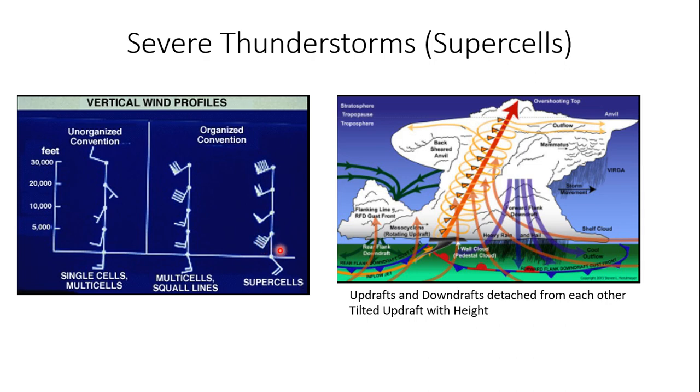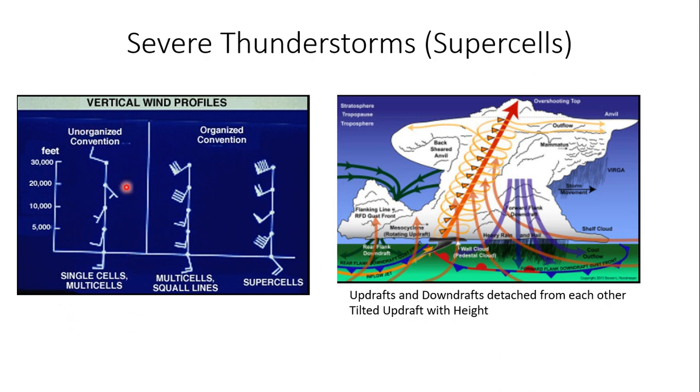Look at the directional shear here between these two layers, the surface and 850 millibars. And then look at the wind speed increase up to 50 knots now at 10,000 feet or 700 millibars. And then all the way up to 30,000 feet where the jet stream is, 300 millibars, I have a wind at 90 knots blowing overhead. So you can see the difference in the vertical profile of wind with a supercell. This is a type of severe thunderstorm that can produce tornadoes, large hail, mesocyclones,